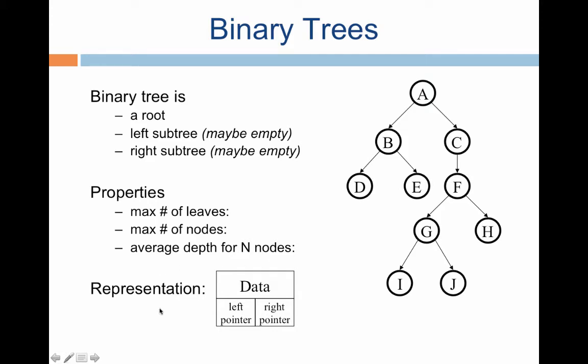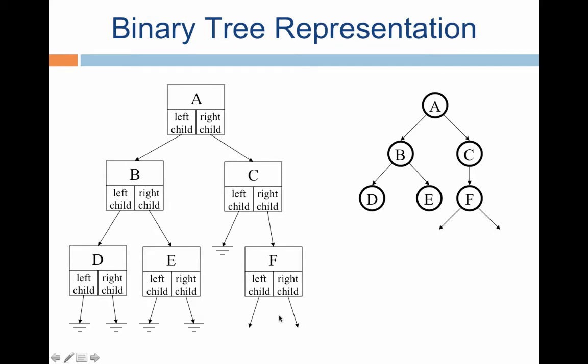The typical representation of a node in the binary tree, which is what you put in your node header file, is that there is a data item and then there is a pointer. The pointer is going to point to this object itself, the left pointer and the right pointer, to an object of this same type. So in other words, this is what a binary tree representation is going to look like.